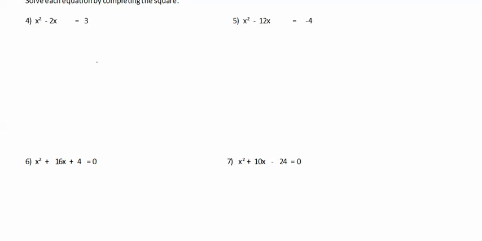Okay, so first thing is we are going to divide the middle term by 2. 2 divided by 2 is 1. 1 times 1 is 1. We're going to add that to both sides. Okay, I'm going to get rid of the 2 that we divided. Okay, now we're going to